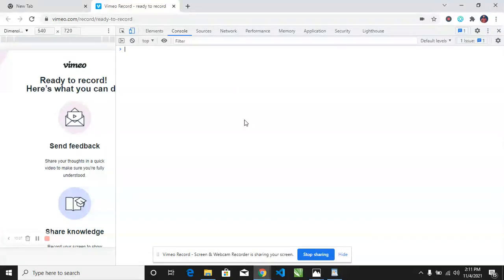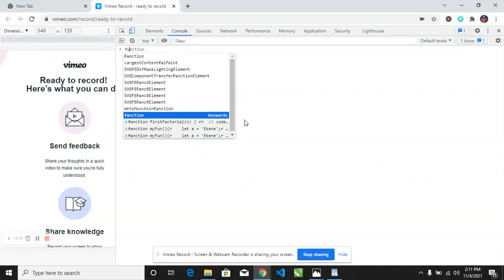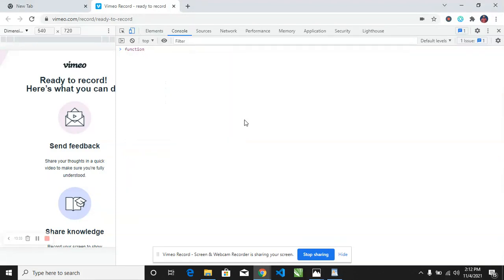Okay. So for example, if I should write a function declaration, a function declaration is a function that has a name attached to it. It's declared because it has a function. It has a name which can be called later on. So that's basically what the function declaration is. So let's write function. Now give it a name to make it a function declaration. Let's say my function,